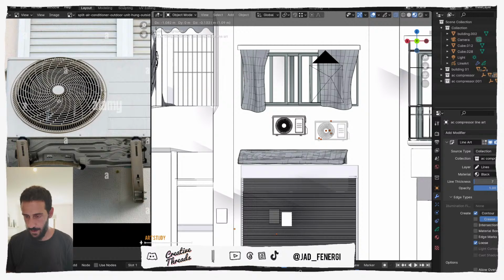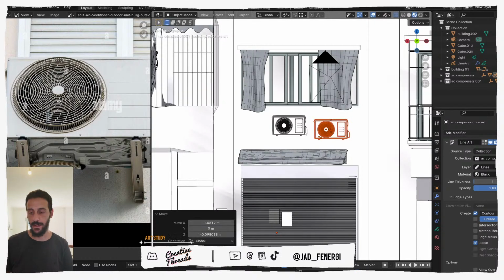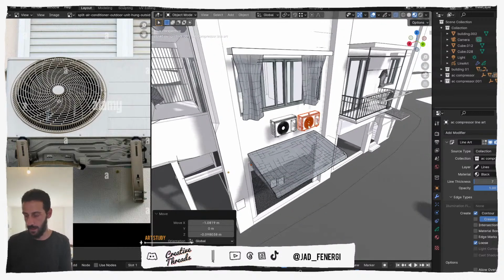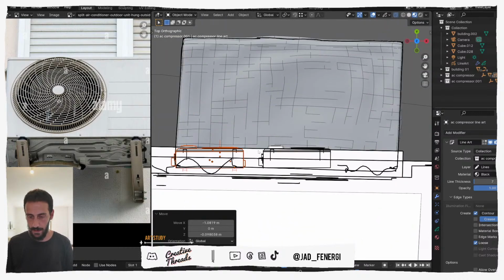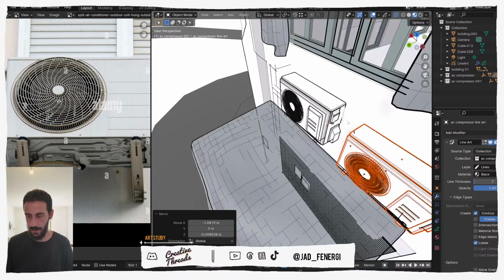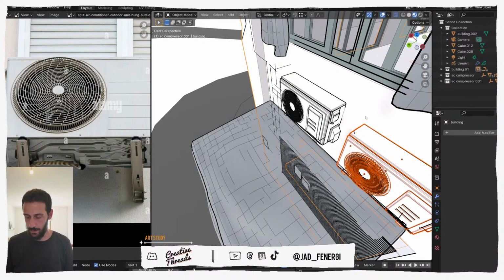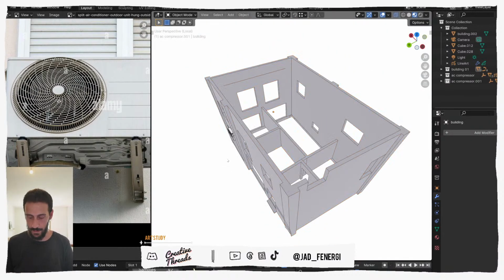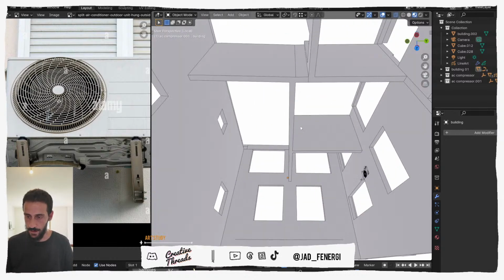Now the cool thing about the AC compressors is that we can add wires, we can add copper pipes, we can add some water drainages. All of these will add a lot of realism or a lot of nice details to the project. So I'm excited about that. All right, now